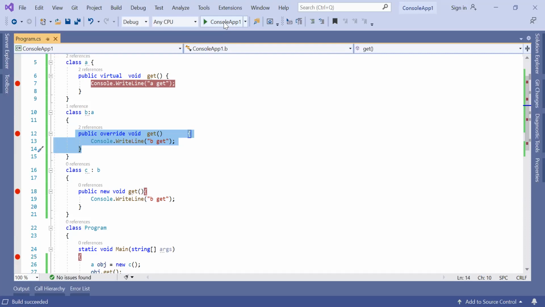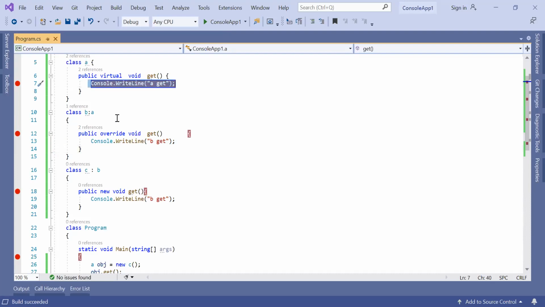Yeah, I have. We are creating a class object with the new keyword, right? So he checked the get method for class A. It's virtual. Now in C, we are just creating a new one. So it means there is nothing to override. So it goes to class A, not class B. It should print A.